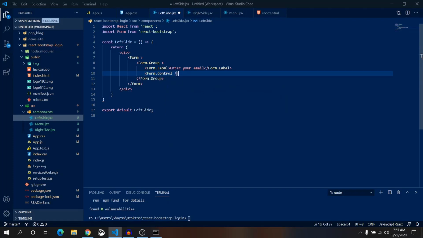There will be no ending tag in form control. Okay, now we'll have a placeholder in form control. Placeholder is equal, let's use the same text inside our placeholder as well. Save it, let's check it out.